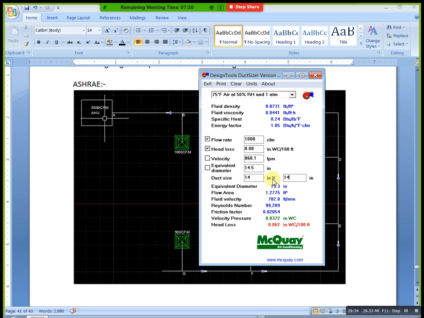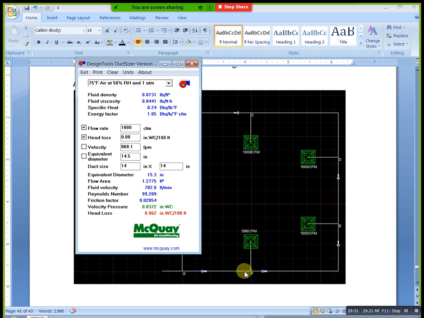For example, next come to this picture. Completed this one. Next come to this 500 picture. 500 CFM, you will take. Here we got 8. In this type of situation, always we need long side by short side. This is not applicable. The aspect ratio is not correct. In that condition, what you do is decrease your height.